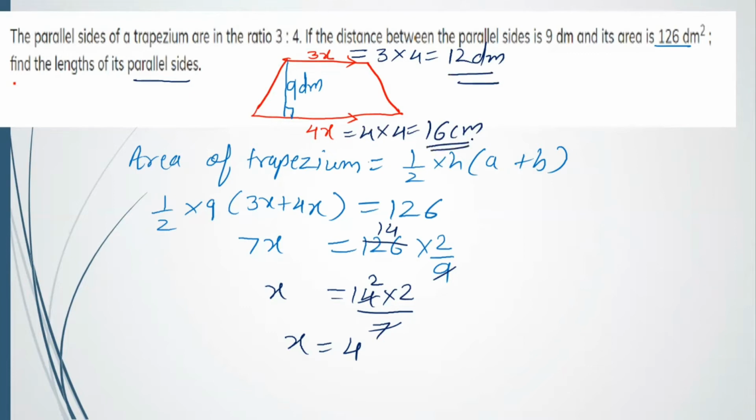Understood, children? All of you? Okay, watch again if not understood. Simple. The ratio of the sides was given as 3:4, so we took the sides as 3x and 4x. Put in the formula. The distance between the parallel sides is always the height of the trapezium, which is 9 here. This 9 upon 2, when it goes here, becomes 2 by 9. On simplifying, we got the value of x as 4. And this is how we get the parallel sides as 12 decimeters and 16 decimeters. Got it, children? Okay. Let's take another question.